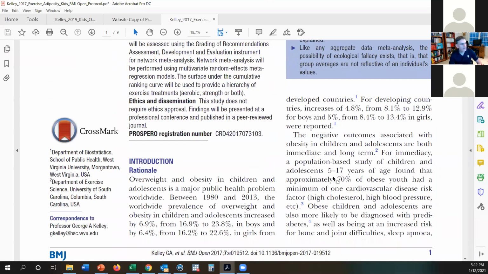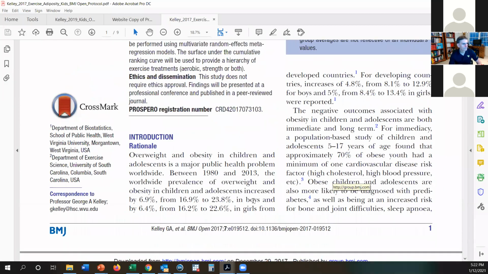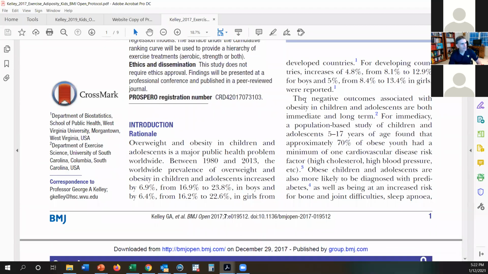So if I jump down here, in the first section, I talk about the prevalence of overweight and obesity in children and adolescents. En esta primera etapa, él habla sobre la prevalencia de obesidad y sobrepeso en niños y adolescentes. And then I talk in the second paragraph here about the negative consequences of overweight and obesity in children